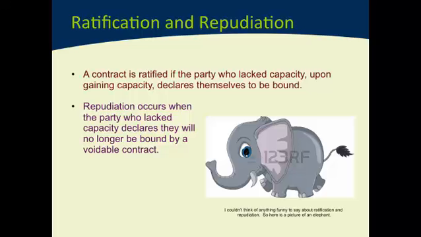If a person makes a contract at a time when they lack capacity, but then later on they obtain capacity, what happens to the contract? Well, essentially the person who has obtained capacity has two options. They can either ratify the contract or they can repudiate the contract. The person ratifies the contract by either stating, right, I now have capacity and I consider myself to be bound by this contract, or alternatively, they can ratify the contract by continuing to act as though the contract is binding